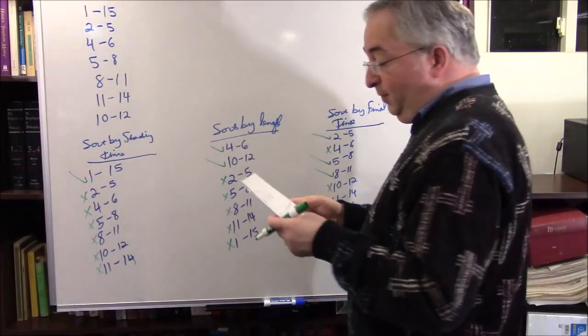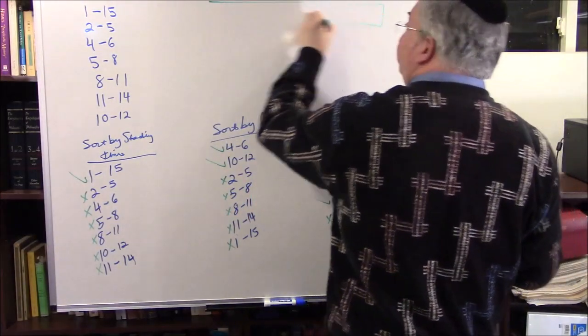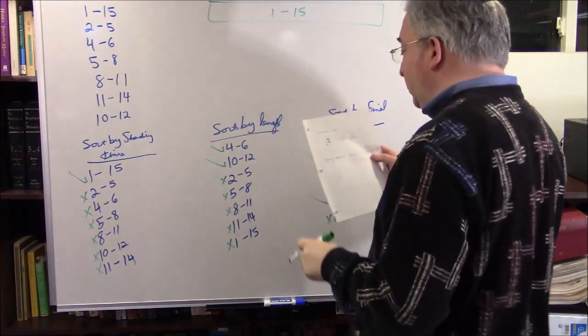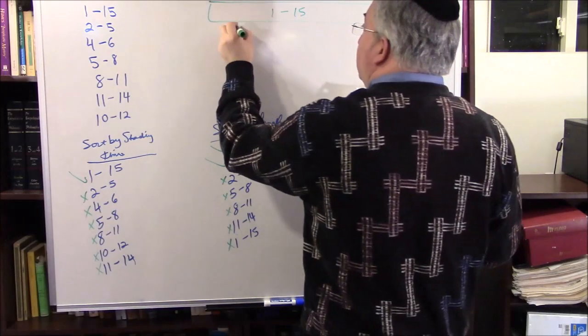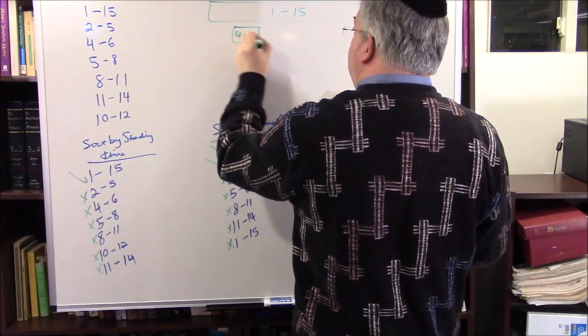I mean, this is the book's way of looking at it. It's a very nice way of doing it, and so we're going to do it. This is 1 through 15. Okay, that's a giant job. But besides that, you have 4 through 6, and you have,